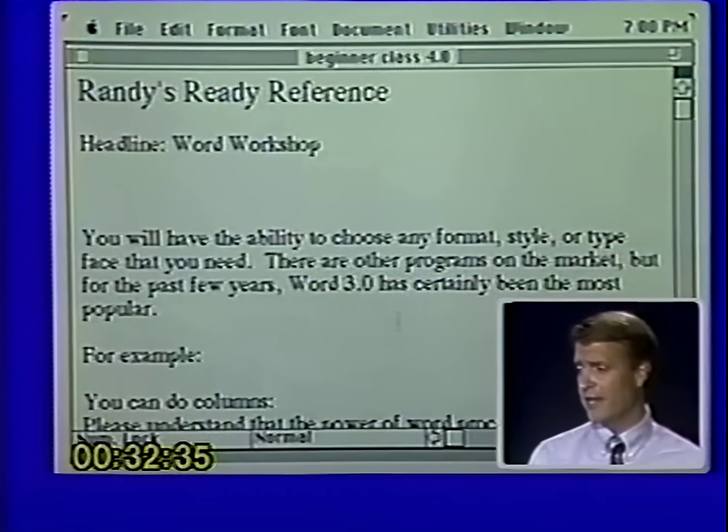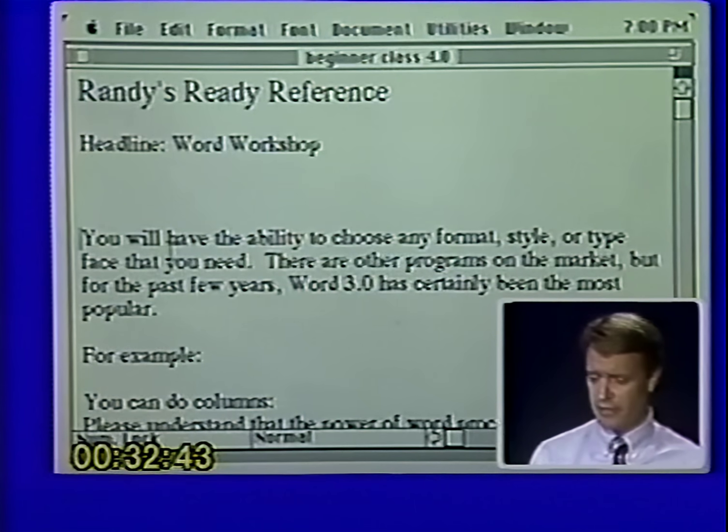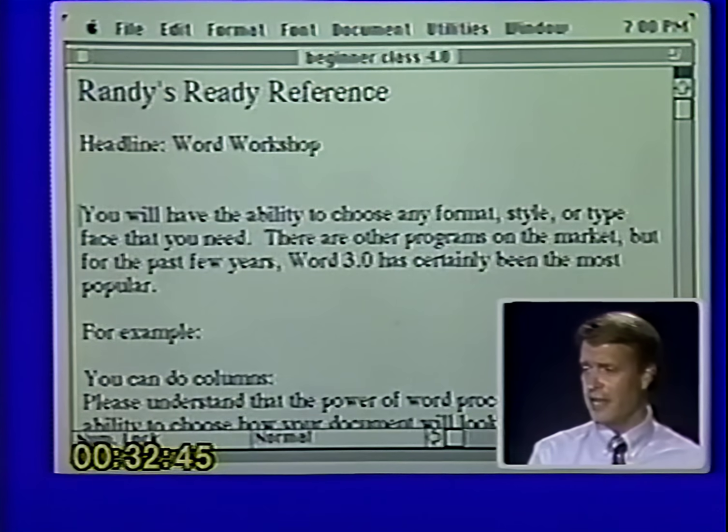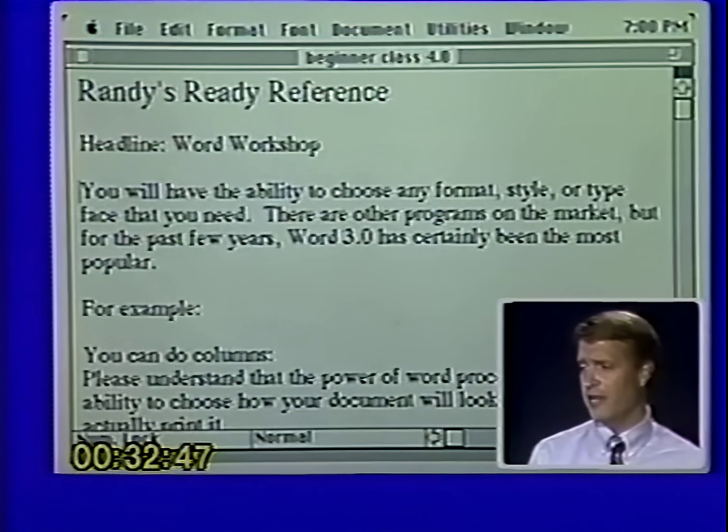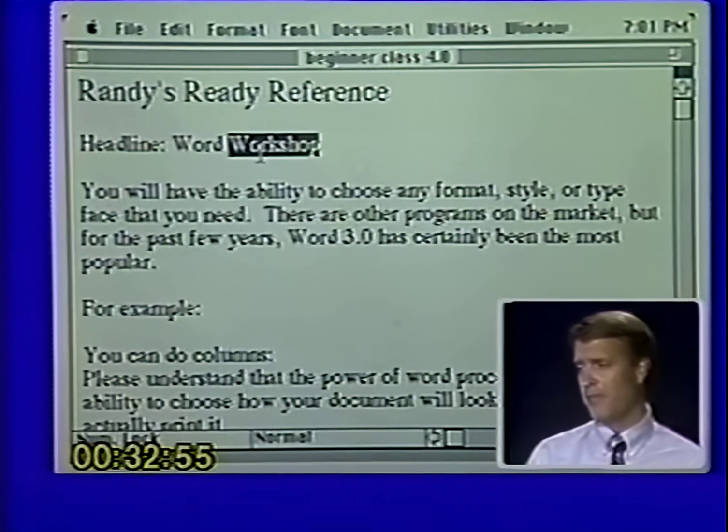All right, let's go back down into the program now. So we've gone through three of the functions. The next one that we want to go through, and this is one of the ones that you'll probably be using the most, is style changes. I want to change the look of my copy. I want it to look different. The first thing that most people want to do is take a word or a headline and make it bold, or italicize it, or underline it.